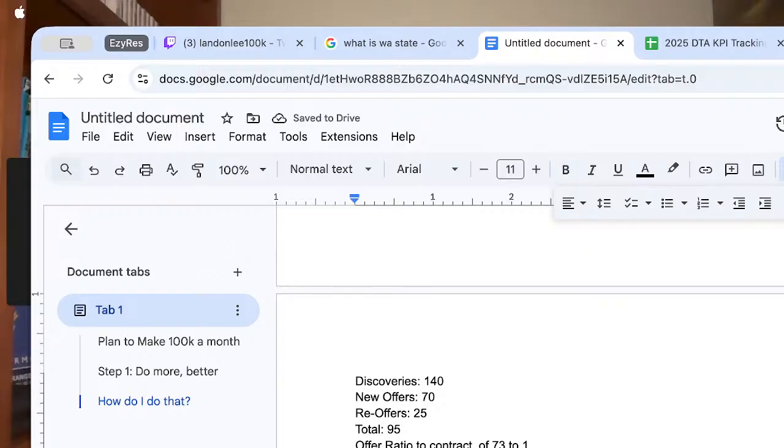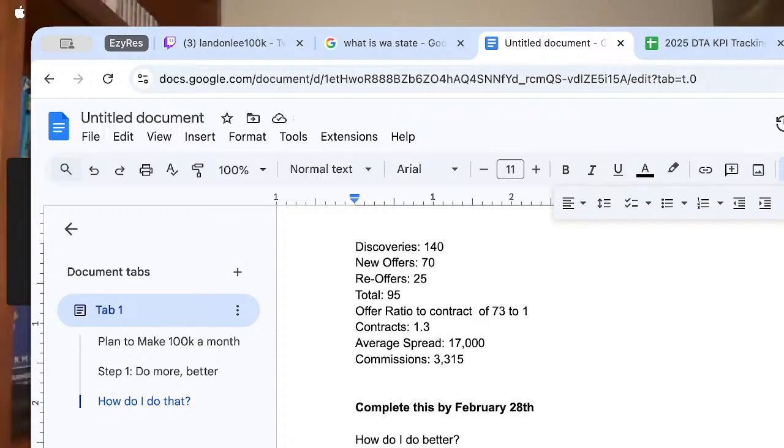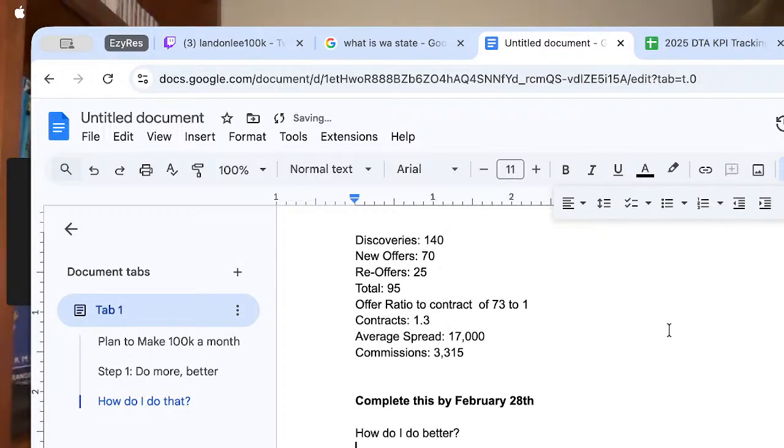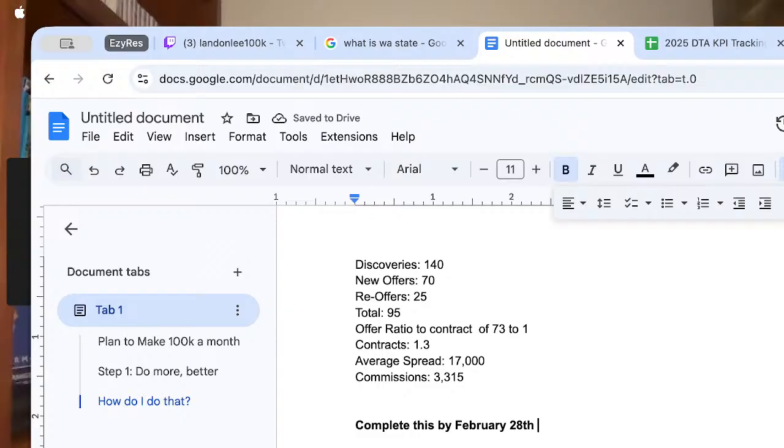Okay. Next thing is, how do I do better? So we can complete this. That's good. Next thing is, how do I do better? We add in. So we've already got an hour of reflection and